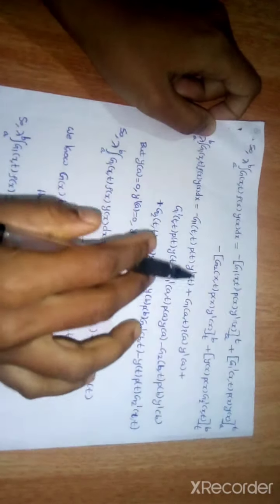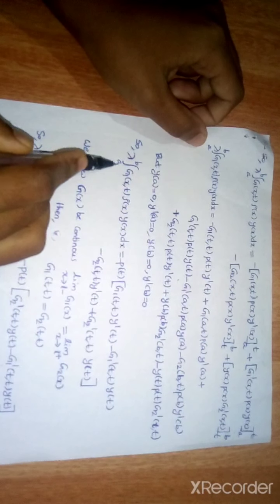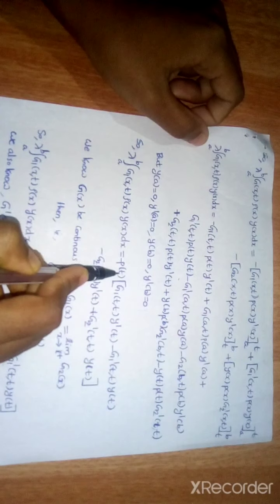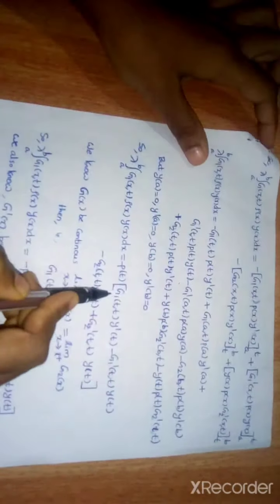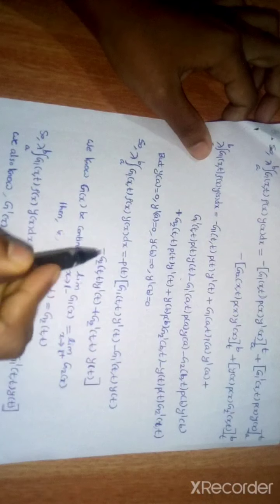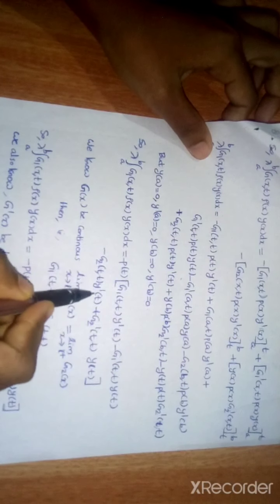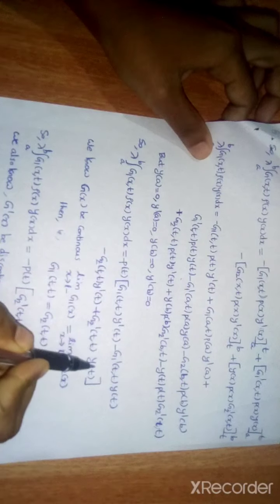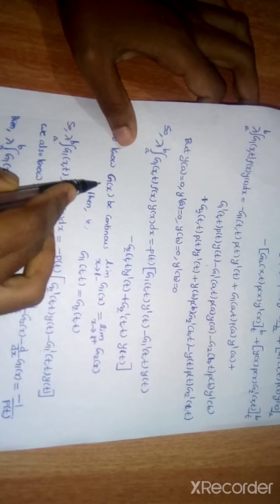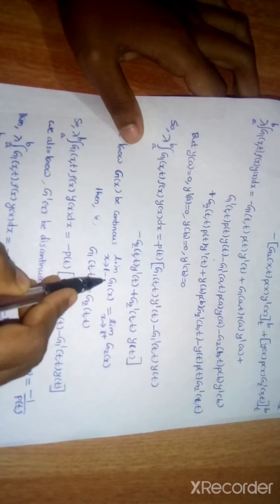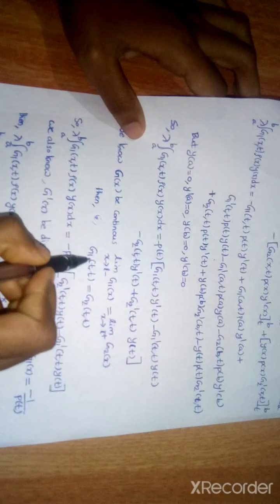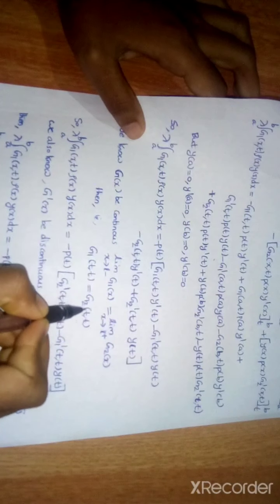Applying this condition in this equation, we get lambda integral a to b g1 of xt rho of x y of x ds equal to minus p of t. From this we can take p of t common into g1 of tt y dash of t minus g1 dash of tt y of t minus g2 of tt y dash of t plus g2 dash of tt into y of t. And we studied the properties of Green function. The Green function is continuous. Limit x tends to t minus g1 of x equal to limit x tends to t plus g2 of x. Then g1 of tt equal to g2 of tt.